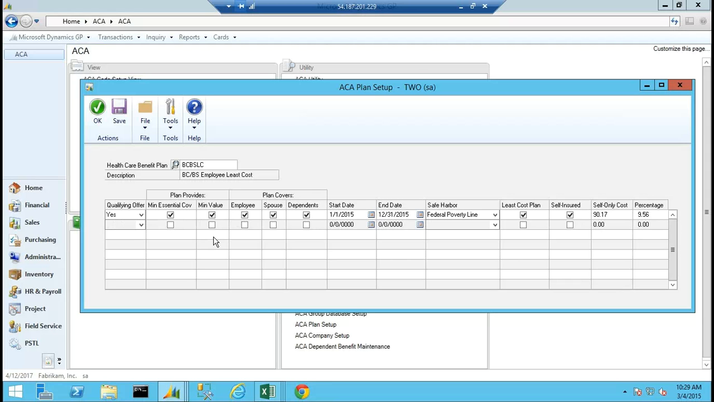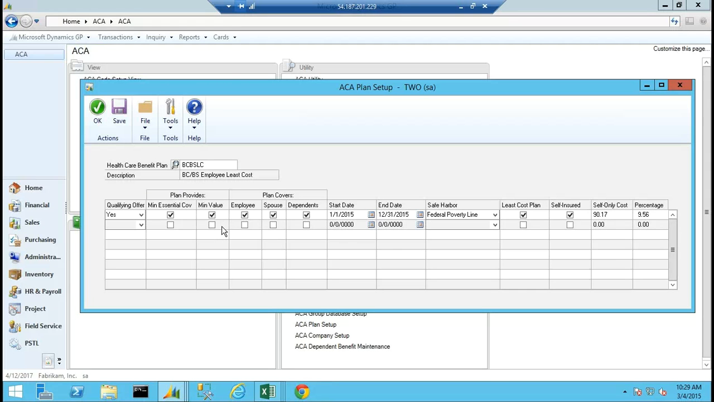But a qualifying offer is sort of like the catbird seat. That is an offer of coverage that provides minimum essential, minimum value, employee, spouse, and dependents can be on it, and it's using the federal poverty line safe harbor, which this year, by the way, this self-only cost, that's what the employee pays. If it's under $92.97, it's considered a qualifying offer for this year. Now,